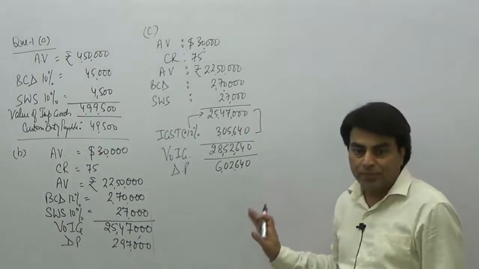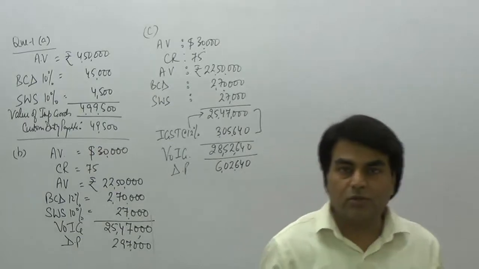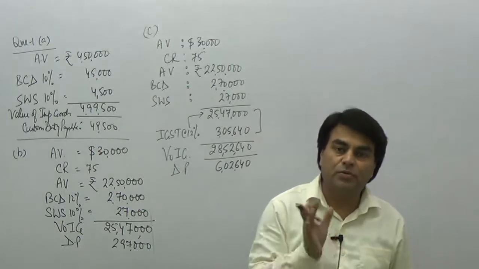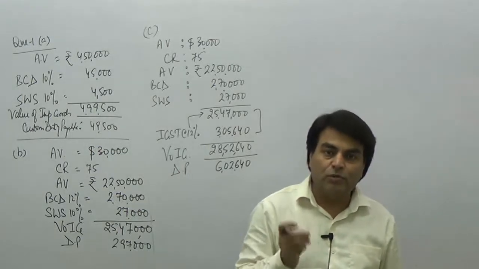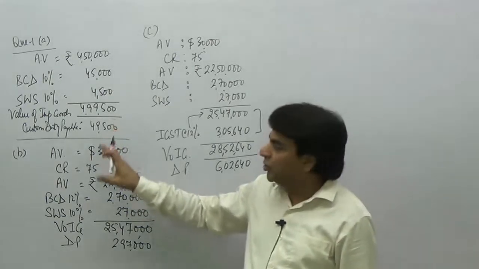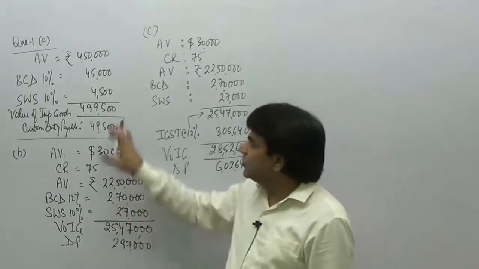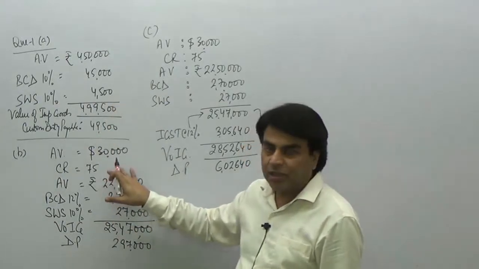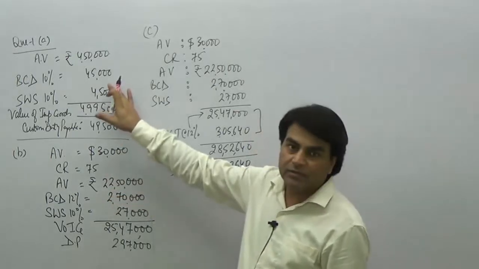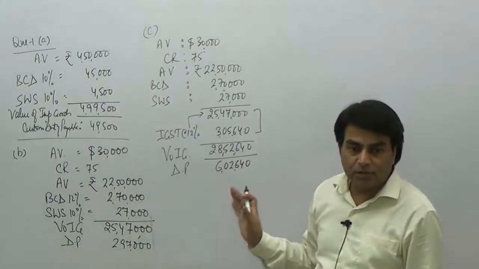This was question number 1, 3 parts. Okay. Step by step we would move further in our questions. In every single question there would be a new concept coming in to work out. A new thing you would see in every single question here. Like in this case, point A was very, very simple. Point B, we include what? We include the conversion rate here. The EV was given in dollar terms in point number B, whereas it was in rupee terms in point number A. Point number C, we included the IGST also here.